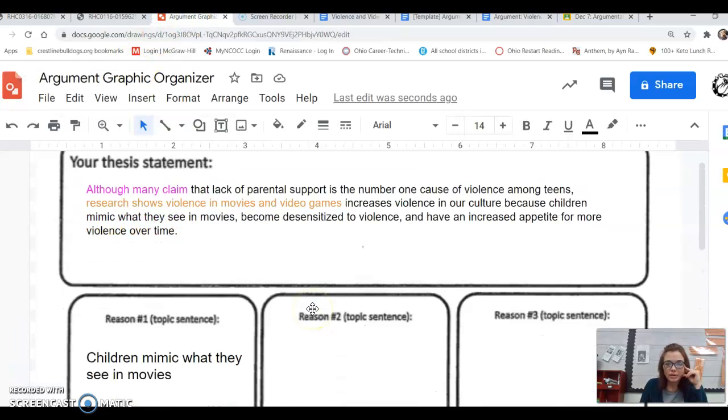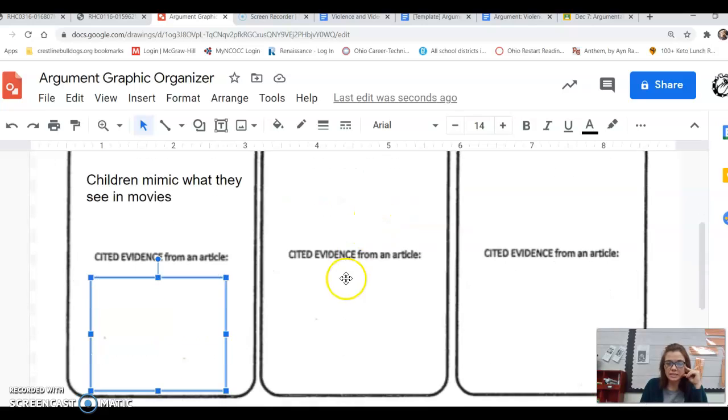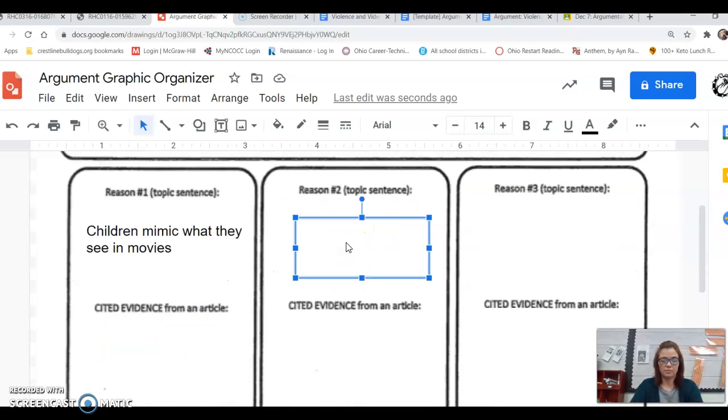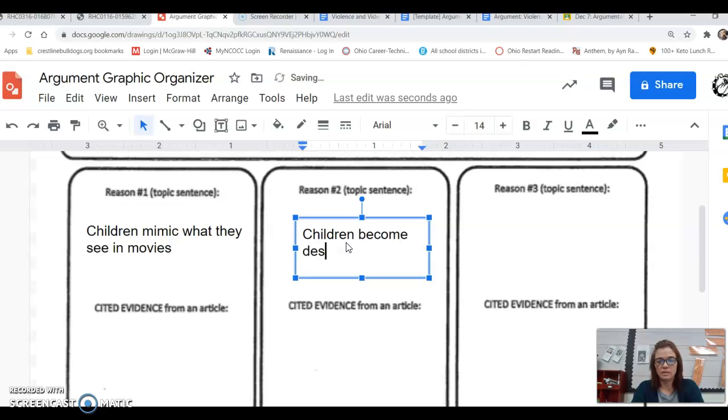What else do you have here? Become desensitized. I'm going to put children become desensitized to violence. Okay. Now, these are not full sentences yet. I'm going to go back in because I'm a good student and I want to do well and I want to pass an exam and I want to graduate.